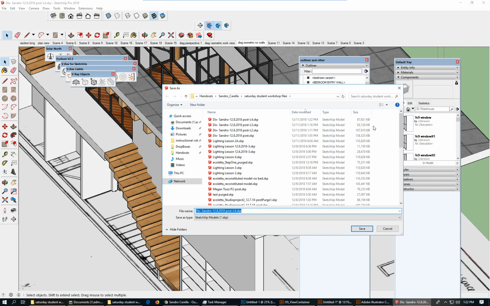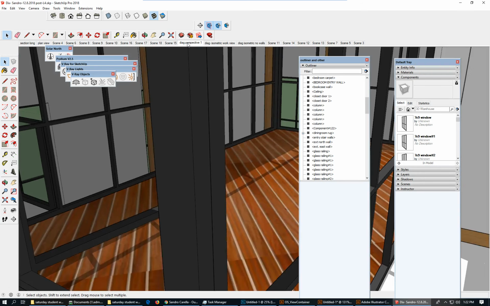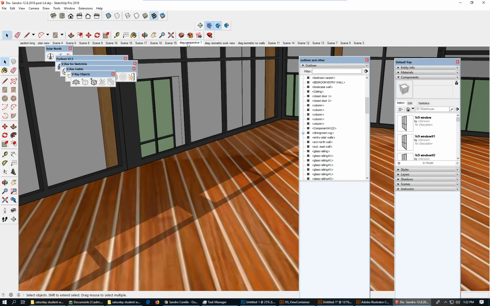So we're down to 87 megabytes from 138. Let's go back to the original perspective that we were setting up. So we don't have the furniture in here, but we ought to be able to render. 20 minutes. Oh. Let's see whether, if this doesn't crash, that means that somehow